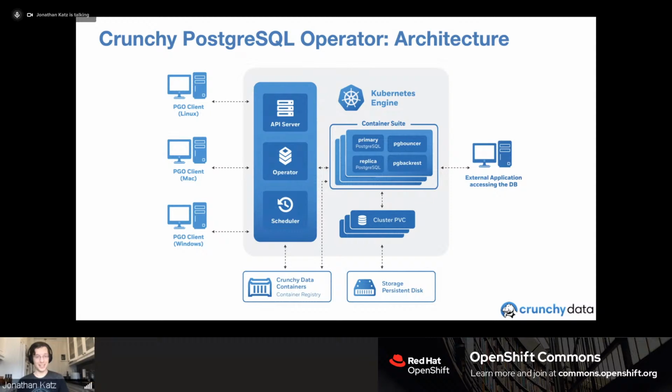Speaking of, we have a command line client called Pico, which I call the Pico client. It works across different operating systems, and it makes it super simple to create Postgres clusters, manage them, modify them, take backups, whatever it may be. And we'll demo some of that. We also have a scheduler, which is used to schedule backups amongst other things. And this is great because you should always be taking backups. If there's one takeaway from this talk, please take backups of your Postgres cluster. You never know when you will need them.